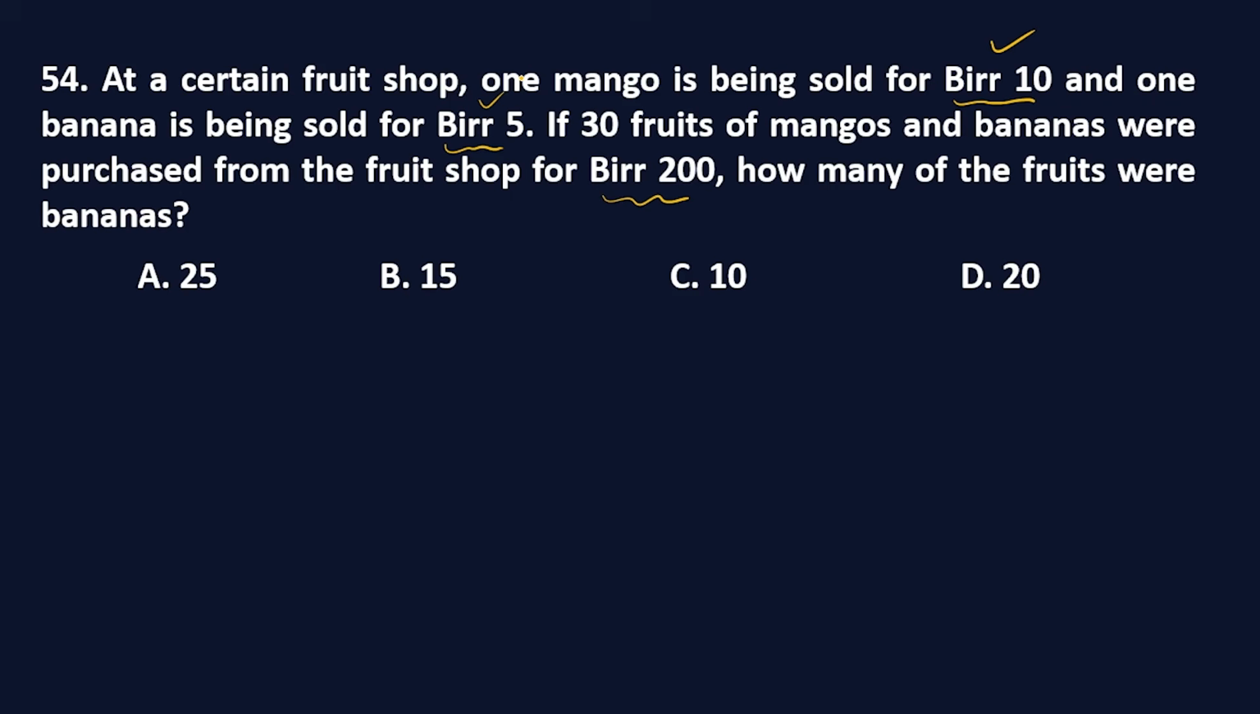The total number of mangoes and bananas purchased is 30. It is better to put this mathematically. Let's say the number of mango is m and the number of banana is b. So m plus b